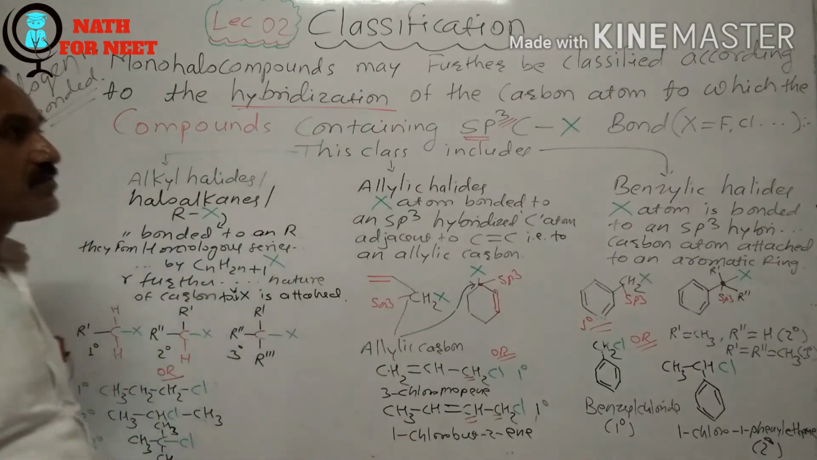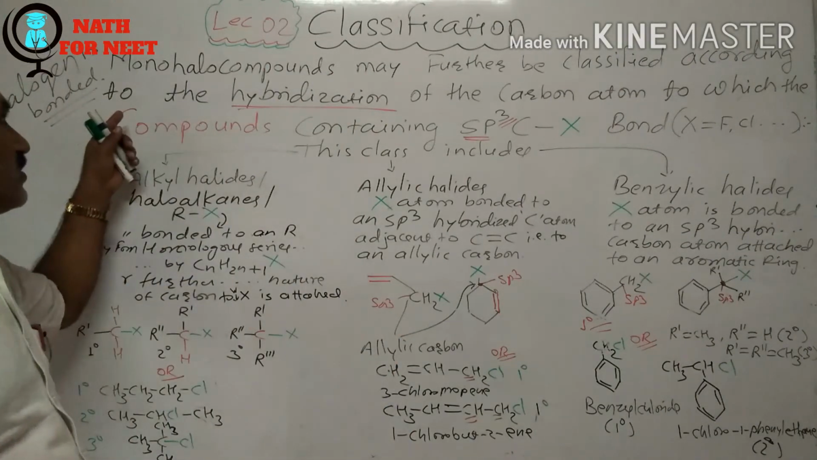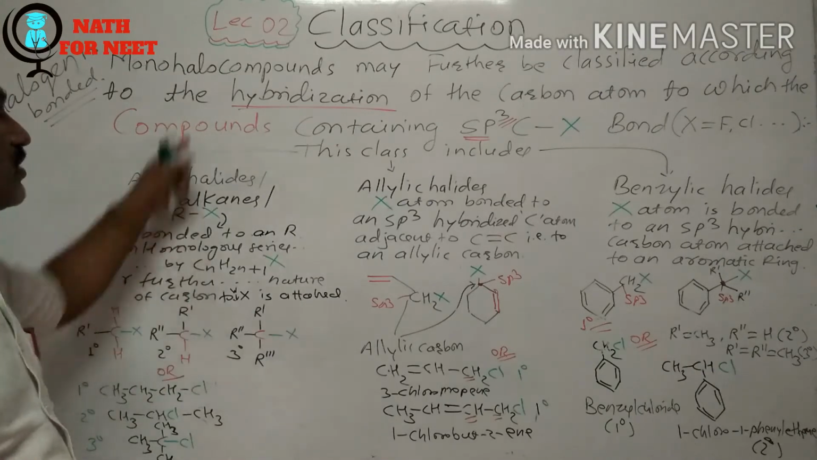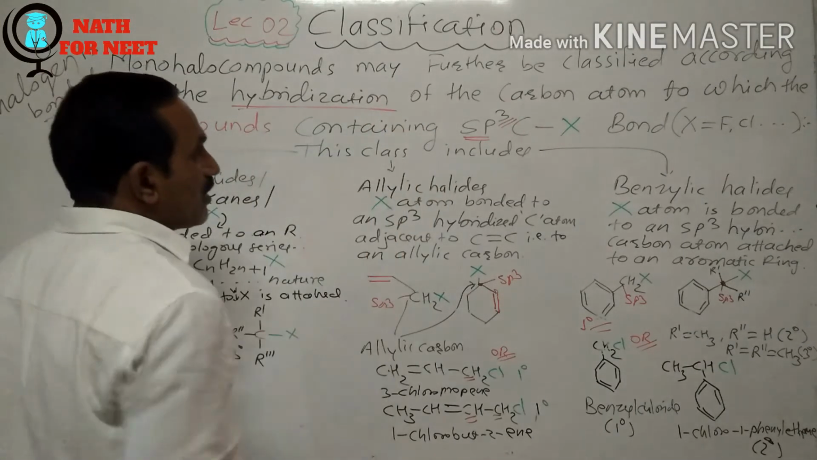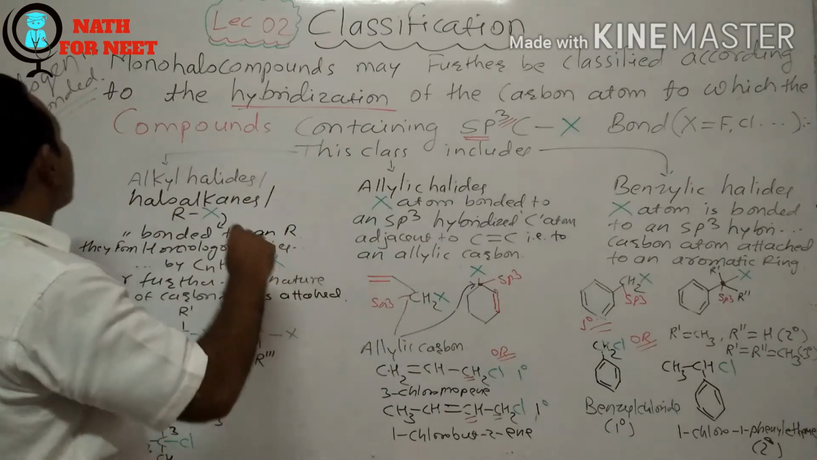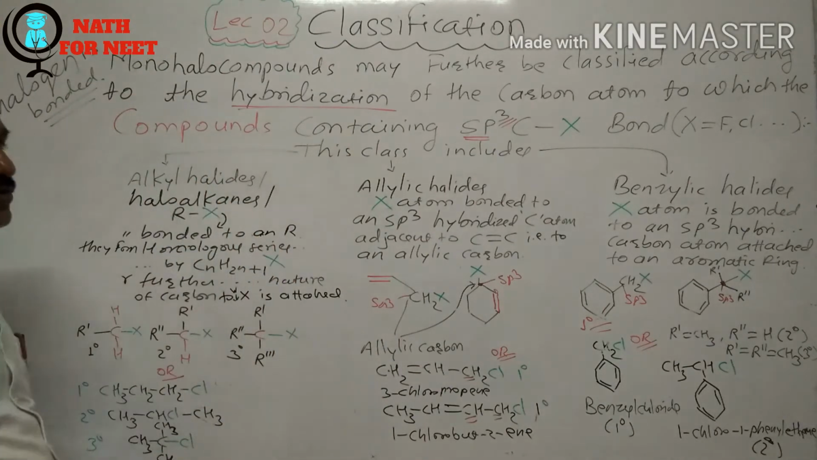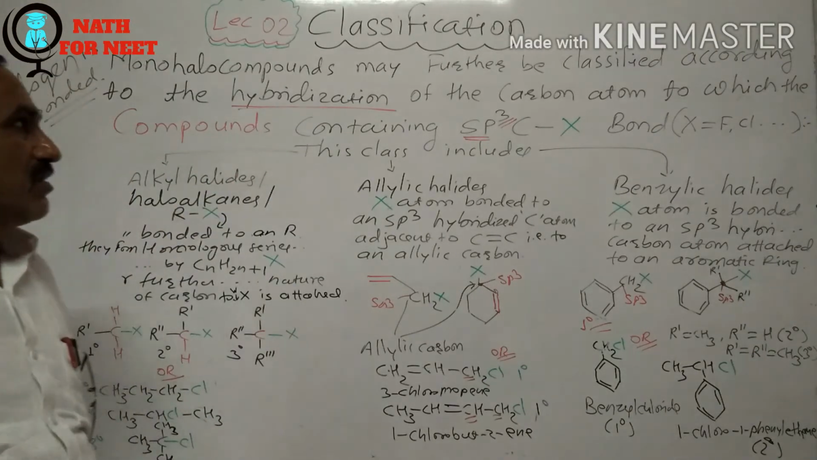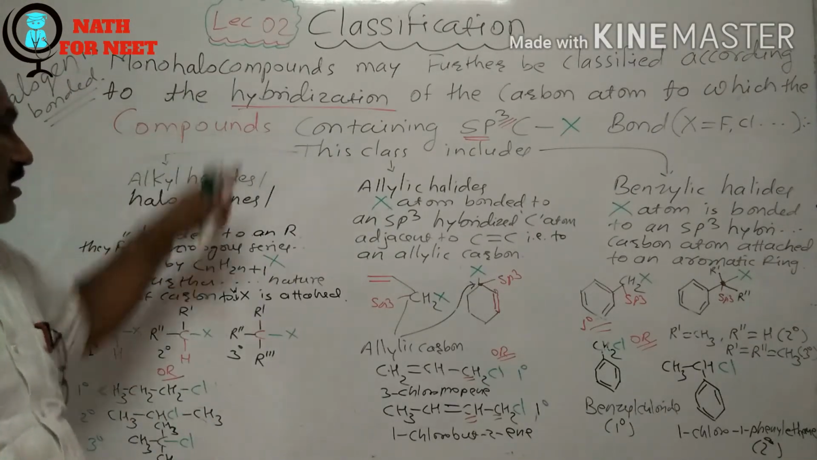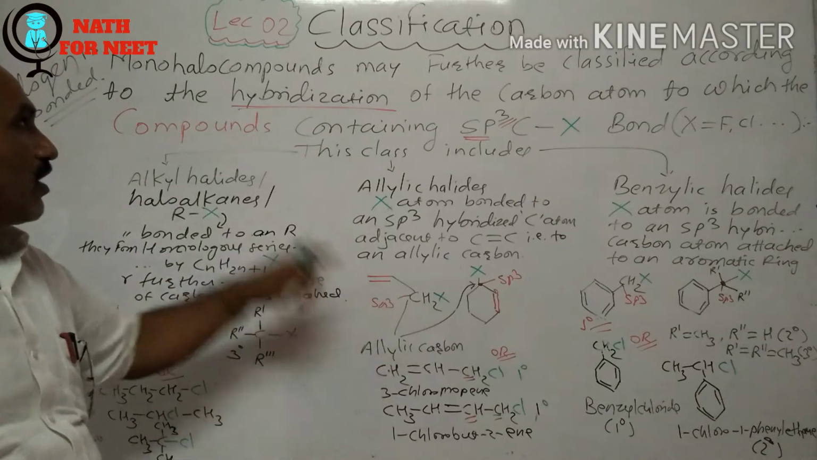Monohalo compounds may further be classified according to the hybridization of the carbon atom to which the halogen is bonded. So this is one case for your study in NCERT. In this case, these are the monohalo compounds